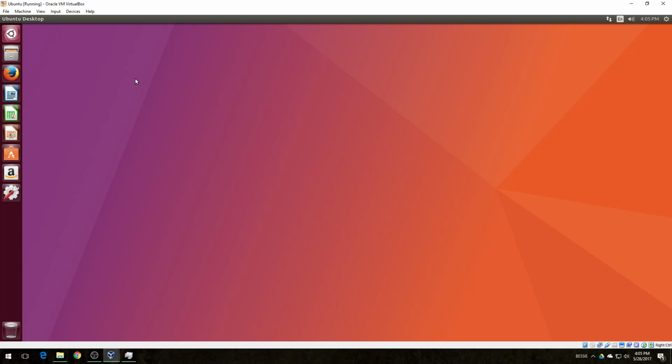In fact, this desktop view here is called Unity, and Unity is equivalent to GNOME or KDE. It was created when GNOME 3 was launched because GNOME 3 was terrible when it was launched. But now it's fairly good, and it's what a lot of distributions use as their default. But Unity is specific to Ubuntu.